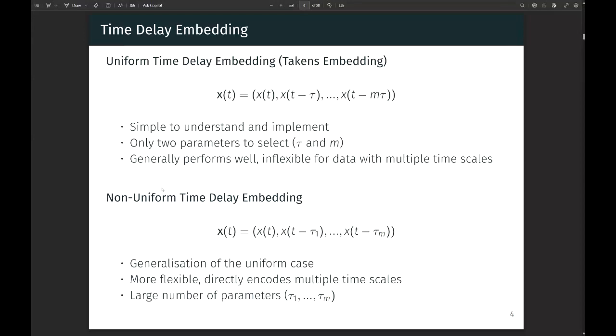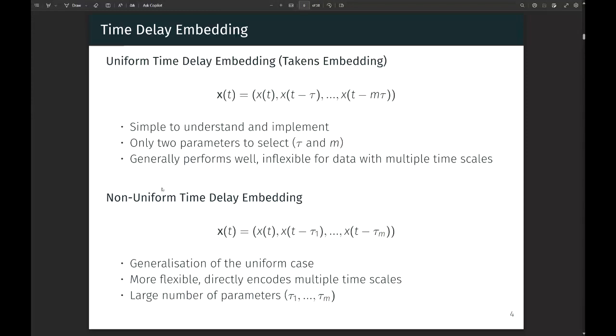Now, the nice part about this is that for the first case, the uniform case, in the 1980s, this guy called Takens proved that if you did a uniform lag, you would guarantee that the embedding will be an actual valid embedding and all your dynamical features will be preserved, generically speaking. Now, the non-uniform time embedding case, it is done, but there is no proof to actually show that it is definitely going to work, but we just do it in practice.